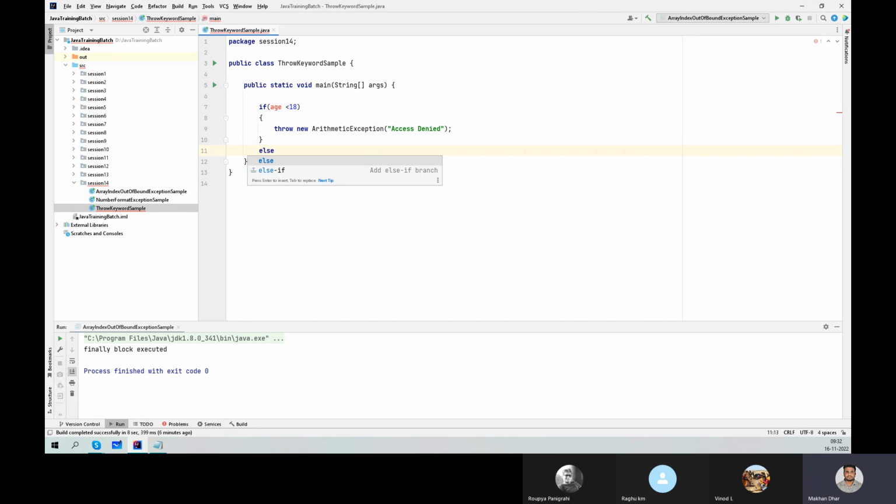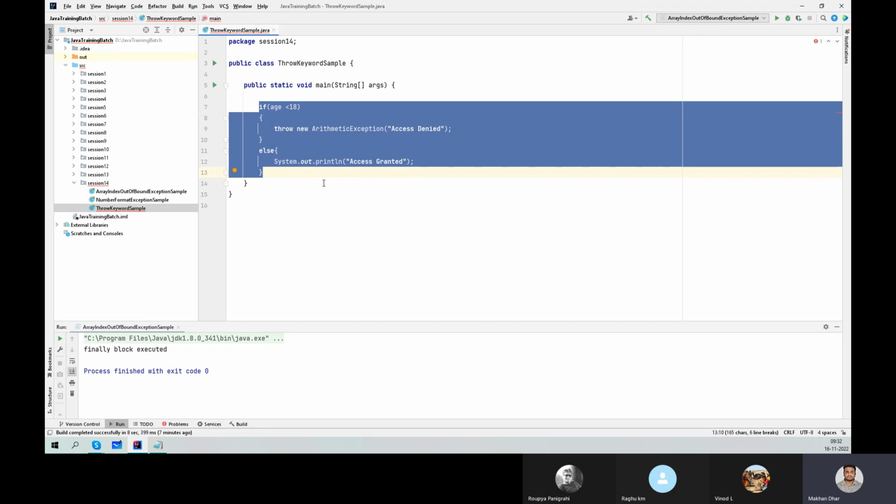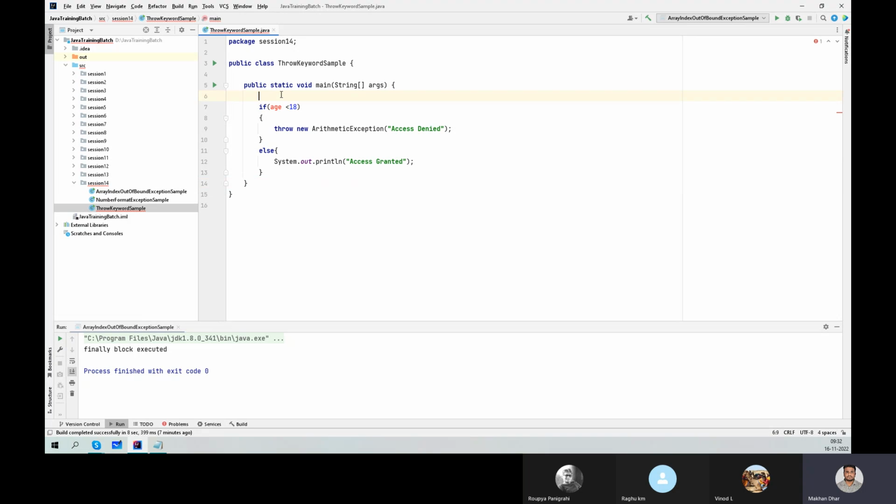Else, I'm saying again bracket start, in else System.out.println access granted. This is what our message. Now suppose this is what you need, right? This is what. Now under the main method,